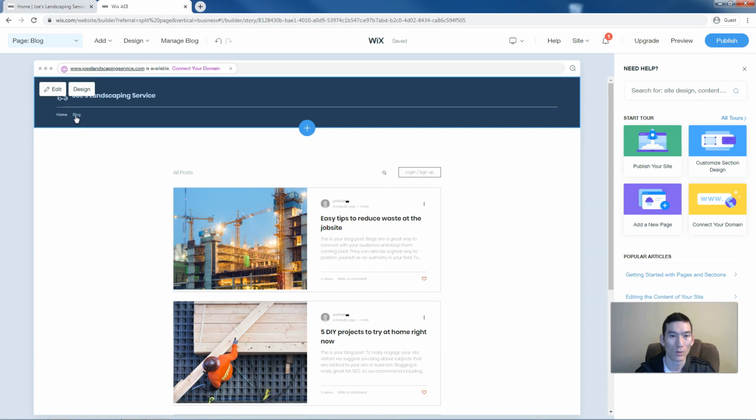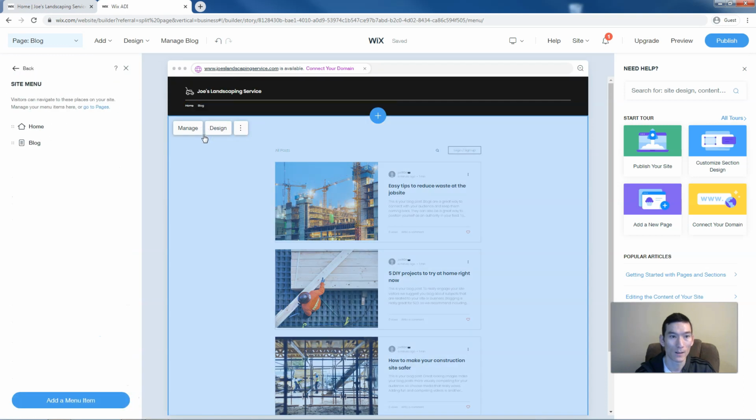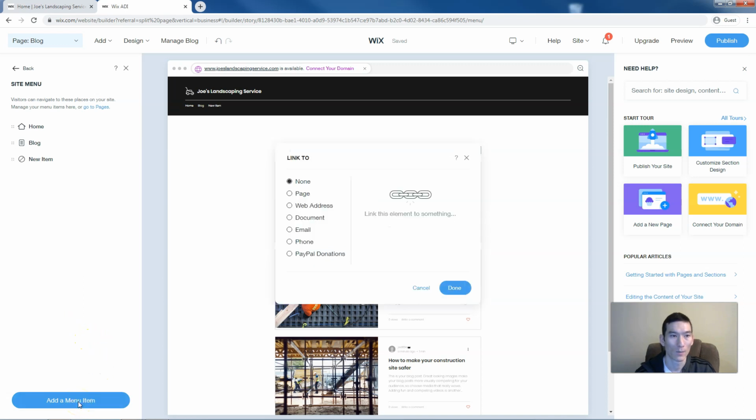So if you don't like that and you want it to be like it was before, where it had a menu item for each of your sections on your home page, what you do is you click on the menu, and then click on the site menu, manage items, and then here you'd have to add the menu items back. I don't know why, but for some reason Wix, if you add a page, removes all of the other menu items. So you click add a new item, and then here you would select page, and then home page,